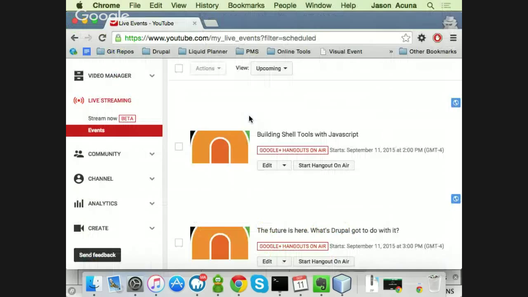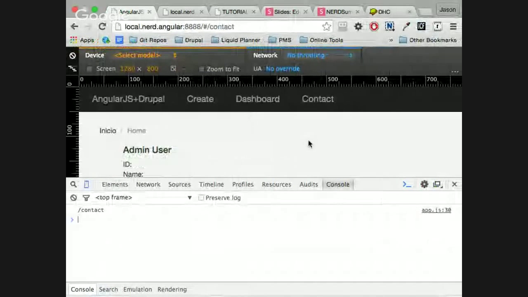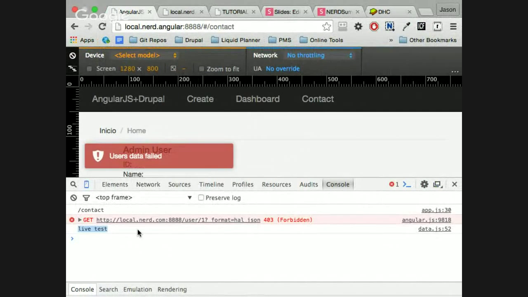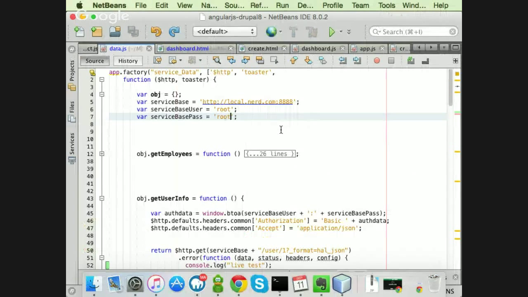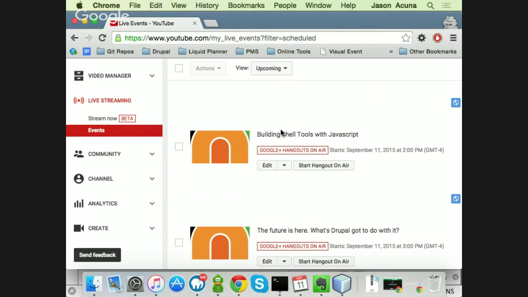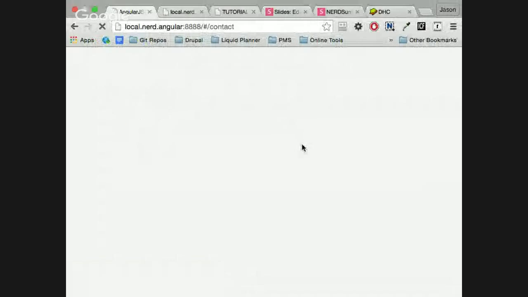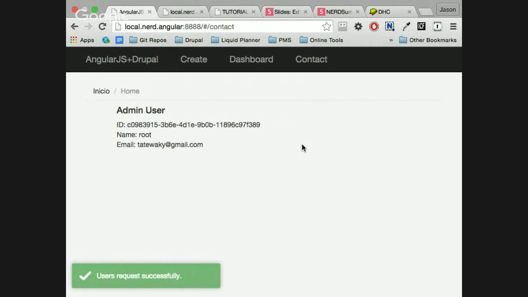Now the password. Now if I fail it, it's printing my information in the log. So I'm getting just the right place where I want to go. Now if I succeed, it will print my information provided by REST default functionality and just printing regular information.